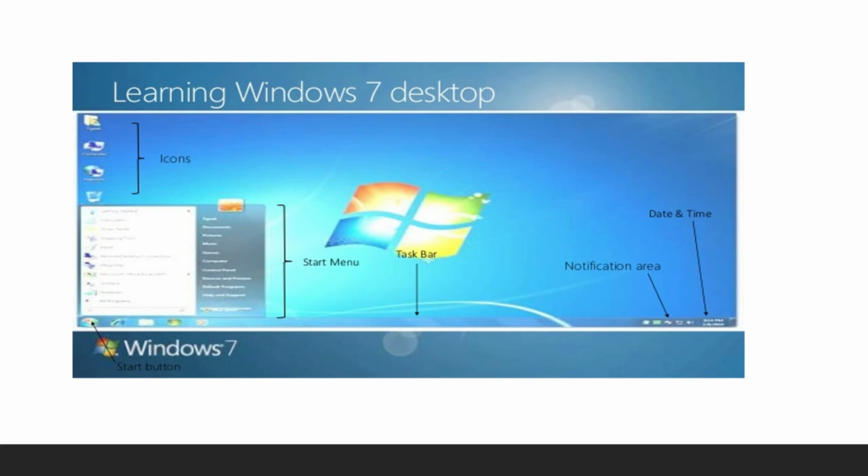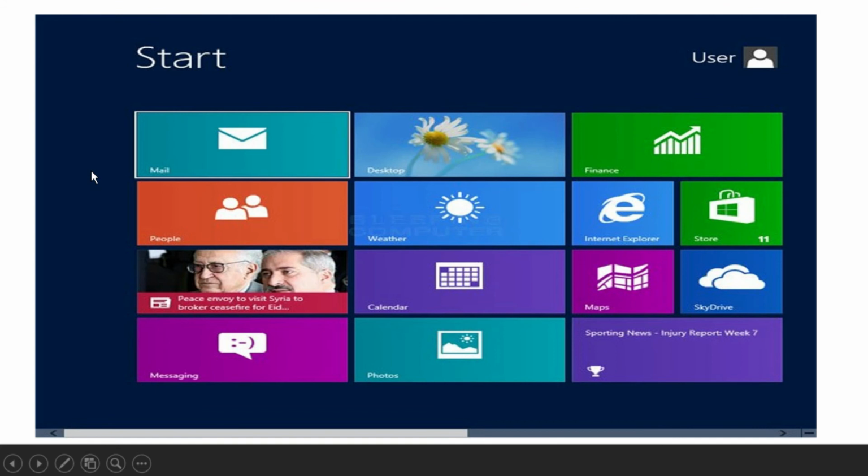You can find various icons here. These icons are displayed here and are used for different purposes. This is actually a Windows 10 desktop, where the start button and every component can be seen in this way. A lot of things are there, and you can click on any of them. This is also a very modernized desktop. Here the user information is displayed.